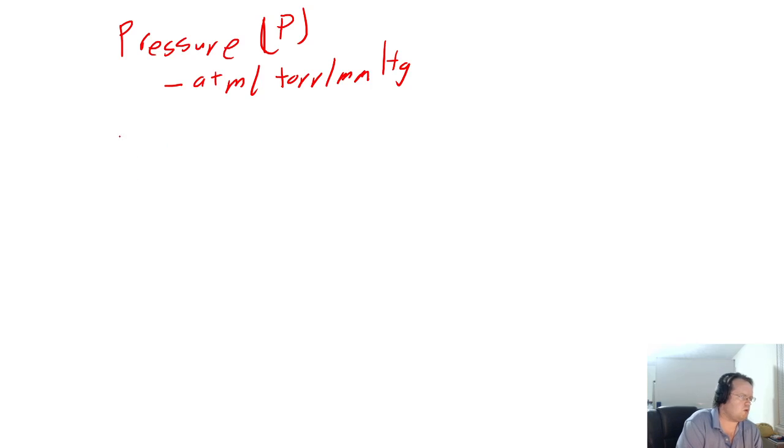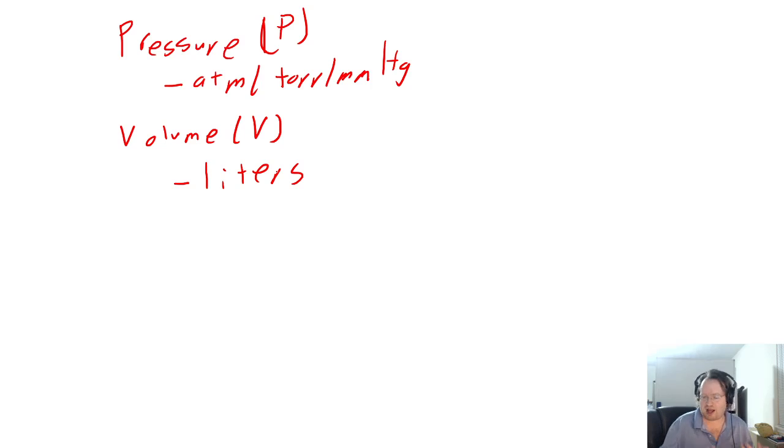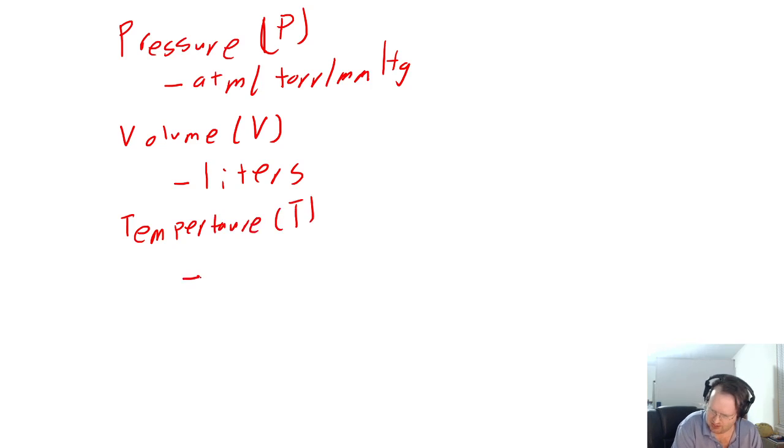So we're also going to worry about the volume of gases. That'll be represented with V, and that's usually going to be something like liters. We're not going to use standard units like gallons. We'll use stuff like liters or milliliters of a liquid. We're also going to worry some about the temperature of our gases. And as you might imagine, we're going to represent that with the letter T. Temperature is usually going to be in Kelvin.